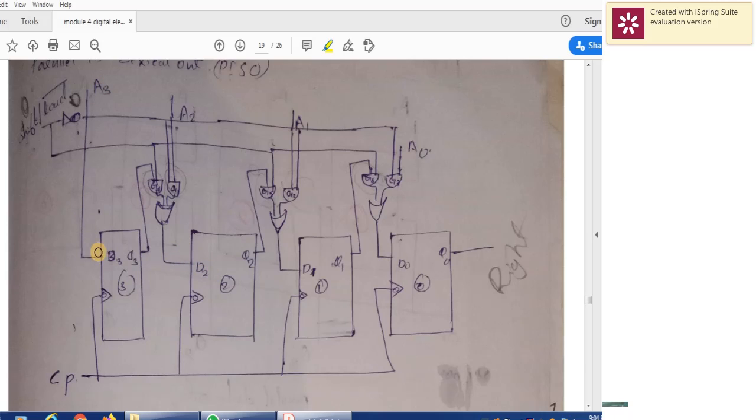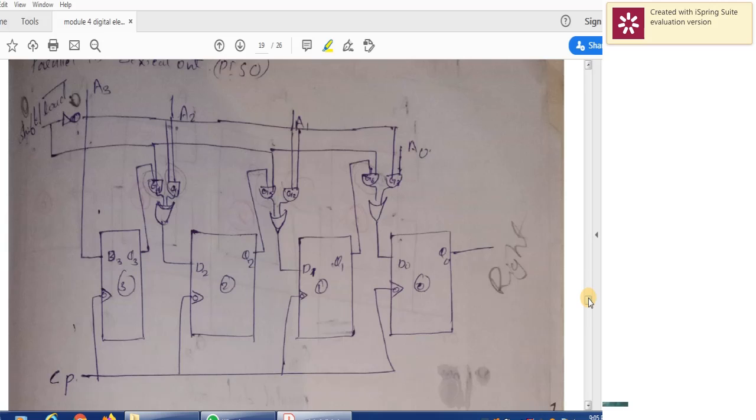The A3 is already connected to D3, now A2 is connected to D2. And similarly, this is 1, so this 1 into A1, here 0 is connected, so this becomes 0. 0 plus A1, because OR gate means it is a summation. So A1 will be loaded to D1, and similarly A2 will be loaded. So if I am giving 0, this value will be loaded. So A3 will be given to D3, A2 will be connected to D2, A1 will be connected to D1, A0 will be connected to D0.